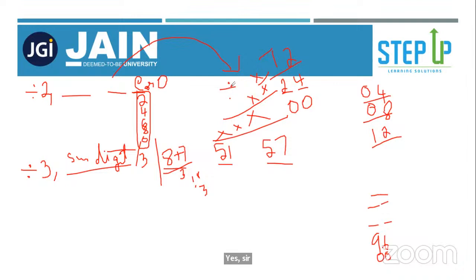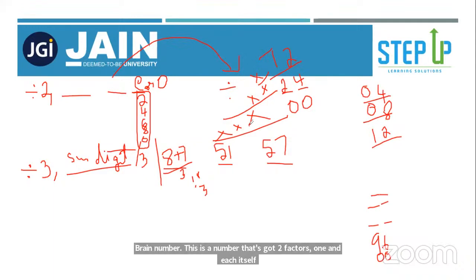Right now we are doing divisibility rules. We have done with the prime numbers. So I hope you know what a prime number is, Laban. Can you tell me what a prime number is? A prime number is a number that has two factors, one and itself. So is 91 a prime number or not?